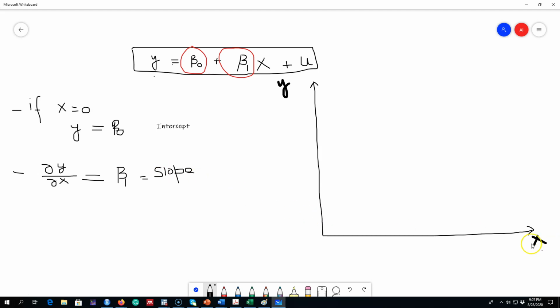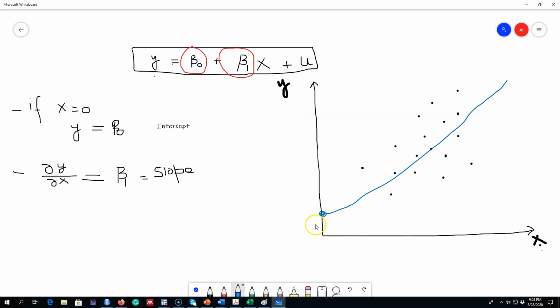So let's assume this is our x-axis and this is our y-axis, and we want to explore the relationship between x and y. In our example of wage and education, this is education and this is wage level. So we may have data about different individuals with different levels of education and different wage levels. If we plot those data points, we may get something like this. And what the linear regression model does is draw a line in between these points to show the relationship between x and y. What is the value of y when x is 0? That value is right here.